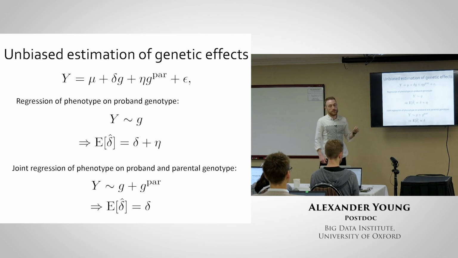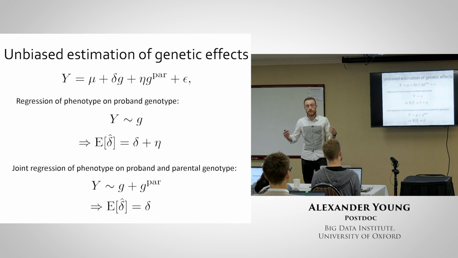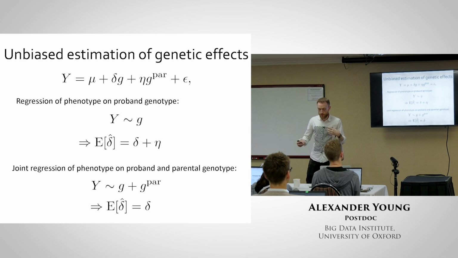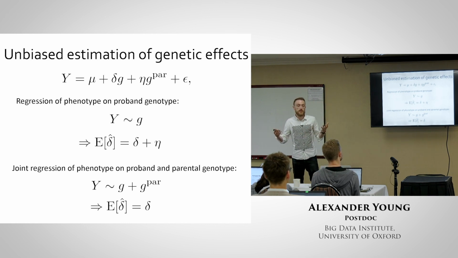It doesn't necessarily give you an unbiased estimate of the indirect effects from the parents because this eta term can be capturing other forms of stratification and also mating, but it does give you an unbiased estimate of the direct genetic effect. The main problem with this is there's not a lot of data where you have the genotype information on the parents of all your phenotyped people to do this.